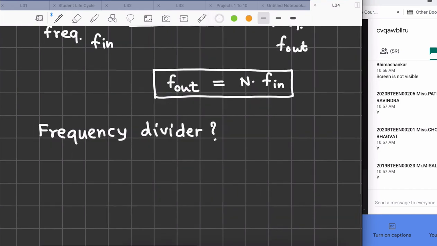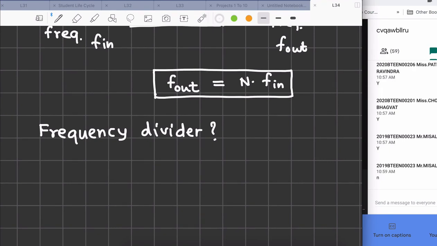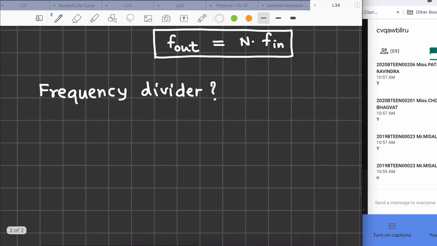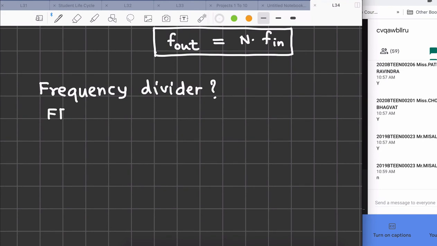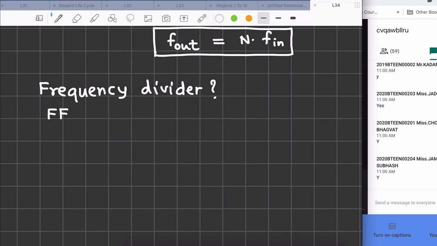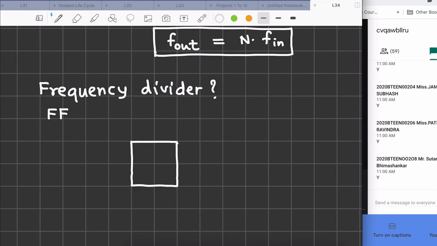Have you studied that? Have you studied flip-flop? Suppose there is a flip-flop, suppose a JK flip-flop and VCC, that is logic 1, and there is a clock here,